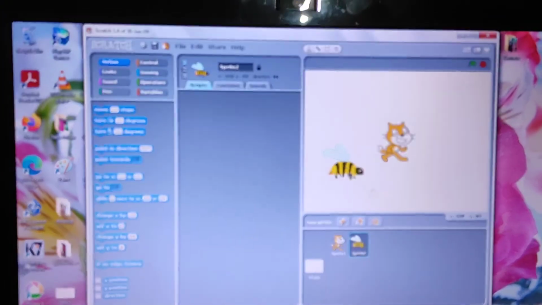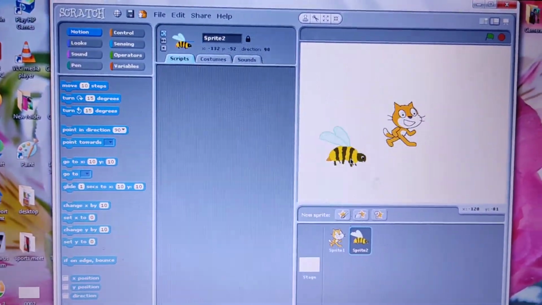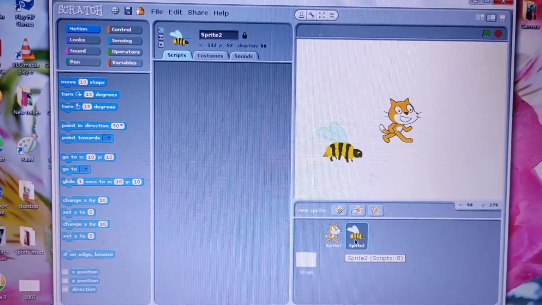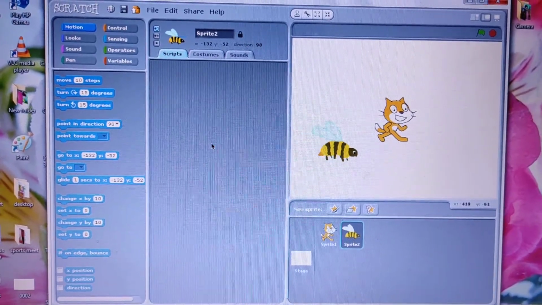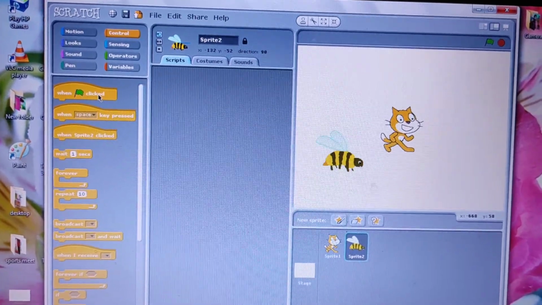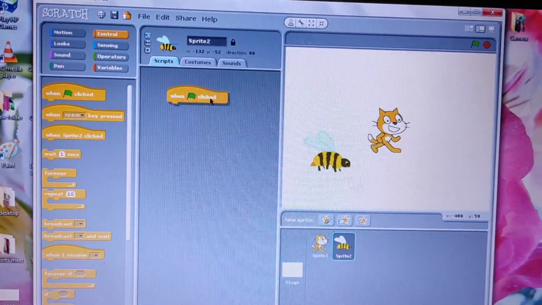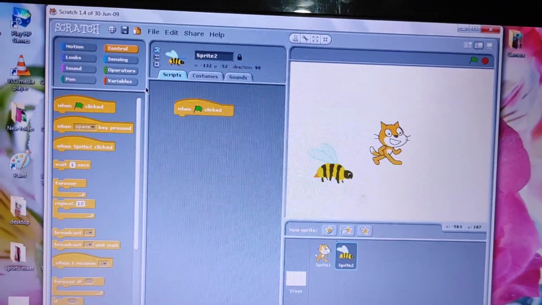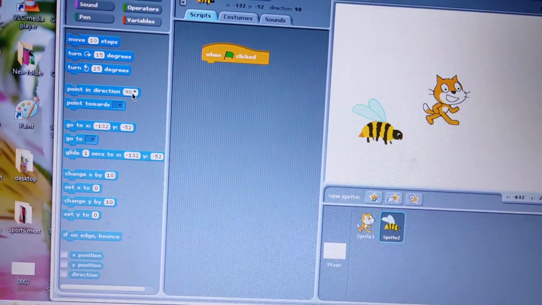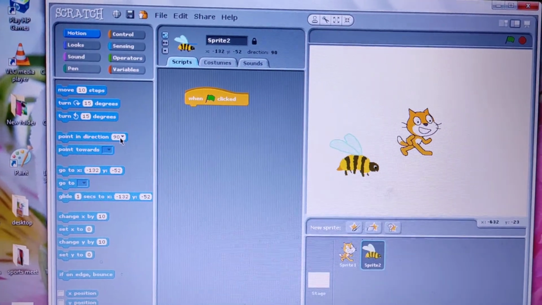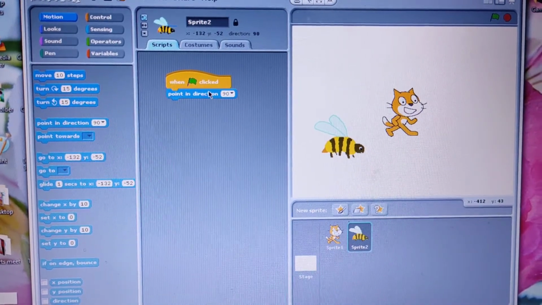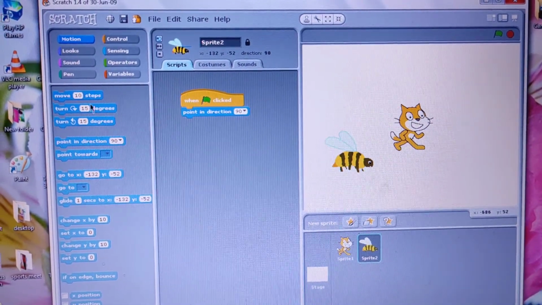Next is creating a script for the sprite, because here there are two sprites. First of all you have to select the sprite. Here I select the new one, and after that start making a script for it. First click on the Control button and select the first option, drag it into the script area. After that click on the Motion button, in which you will select point in direction 90. Here, the fourth option, so again drag it. Next is move 10 steps, first option.